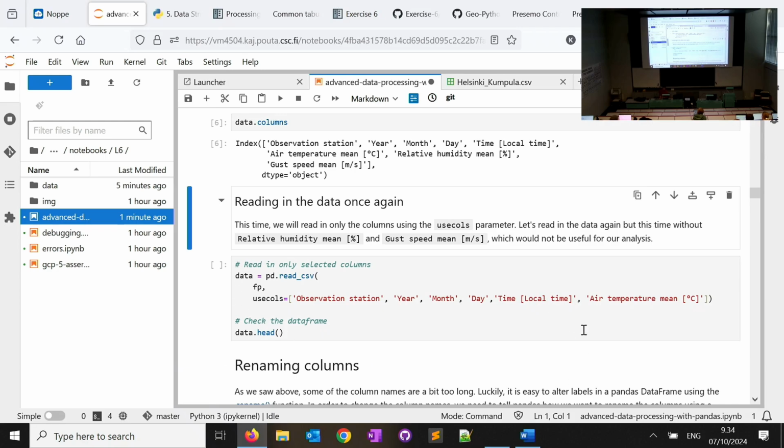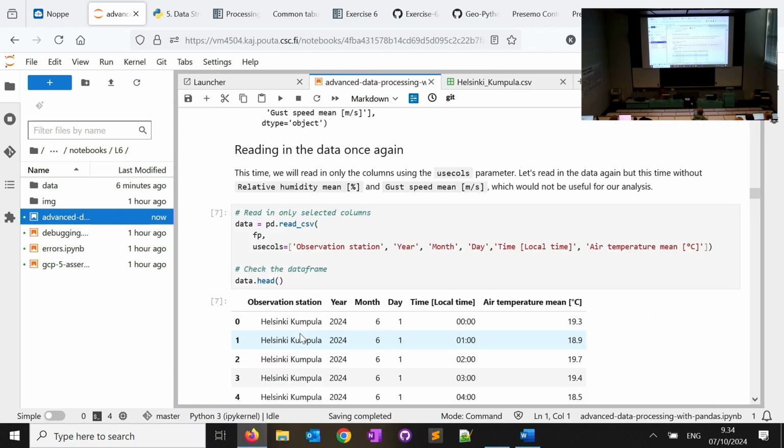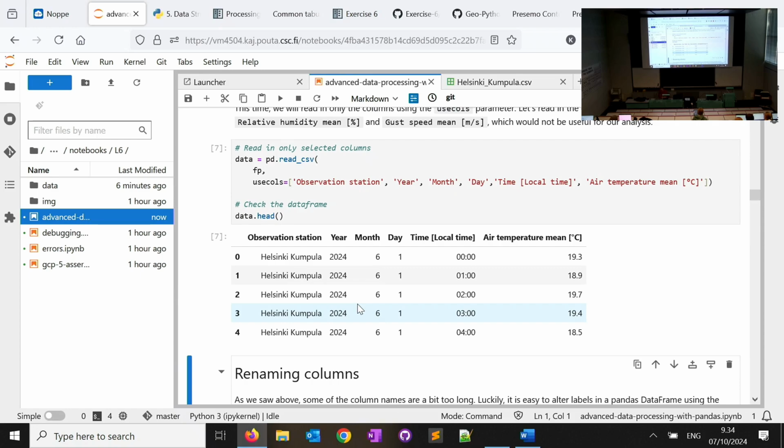In the original data we also had wind speed and humidity, which we won't need for this lesson. So I'm going to import my data again, but this time only keeping the name of the observation station, year, month, day, time, and air temperature. I'm going to run this and it also shows me the head of the data. Now the data looks a bit neater. We have fewer columns, and we got rid of the columns that we did not need for our analysis.